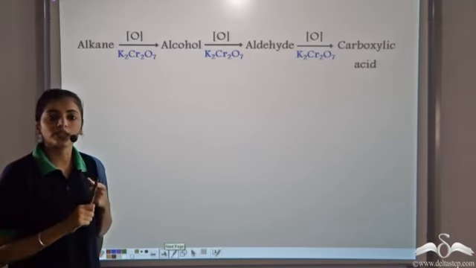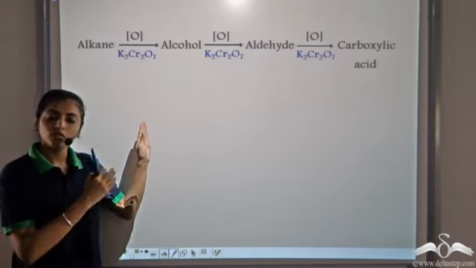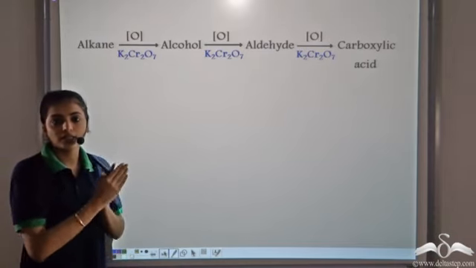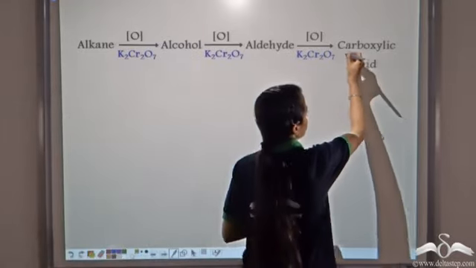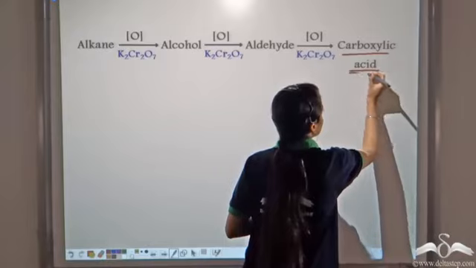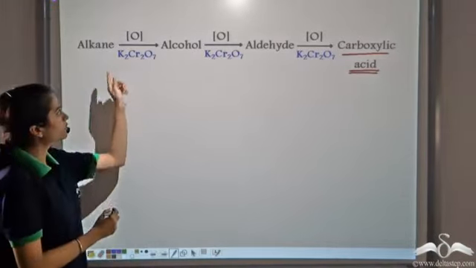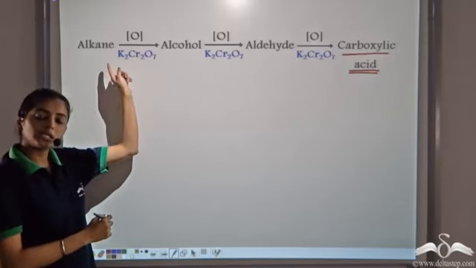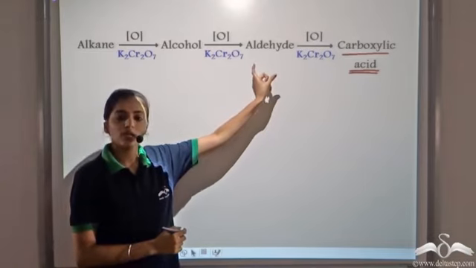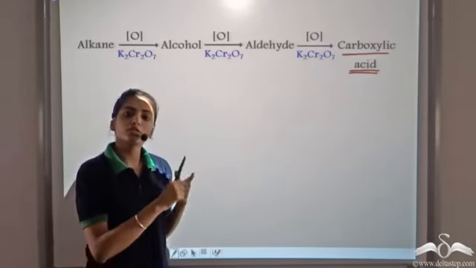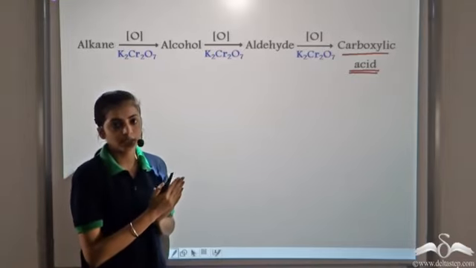So we have used this method, that is, if we start from alkane, we carry out the oxidation of alkane in the presence of catalyst potassium dichromate. It gives us the corresponding alcohol. The oxidation of alcohol gives us the aldehyde, and the oxidation of aldehyde gives us the carboxylic acid. So in order to prepare the carboxylic acid, we can start from any one. We can start from the alkane or alcohol or even from the aldehyde. If we use a particular aldehyde, by using the catalyst K2Cr2O7, we can prepare the corresponding carboxylic acid.